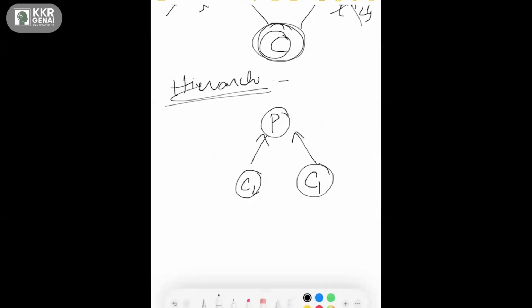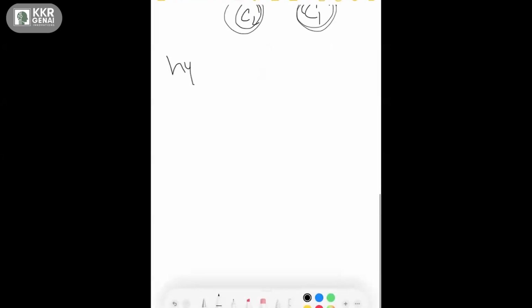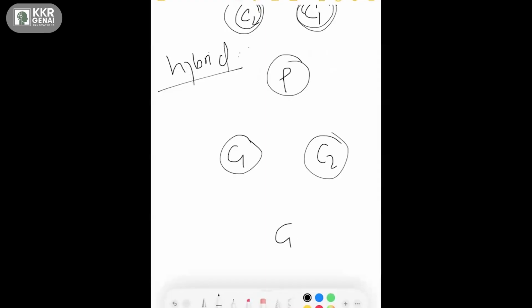So let's say if I have M method which can be accessed by both child one and child two. And there is one more inheritance which is called hybrid inheritance. What is hybrid inheritance is C1, C2, P, and then we have a grandchild. So what is this? You have two children with one parent.